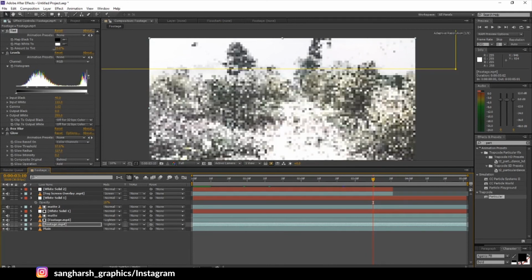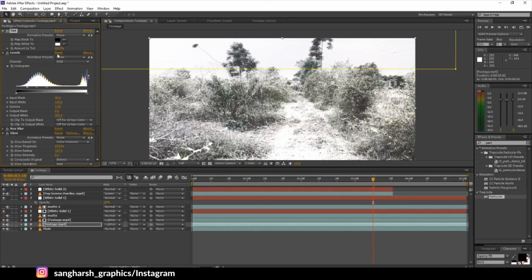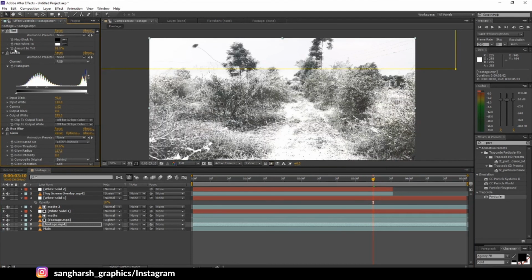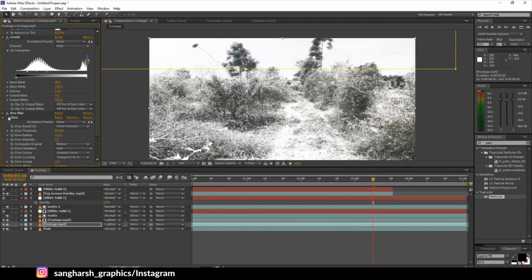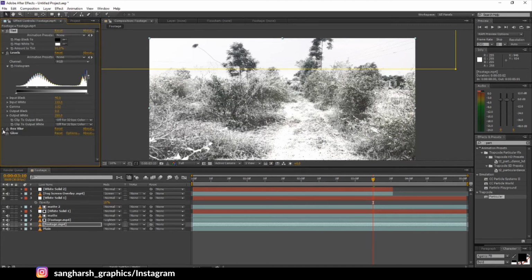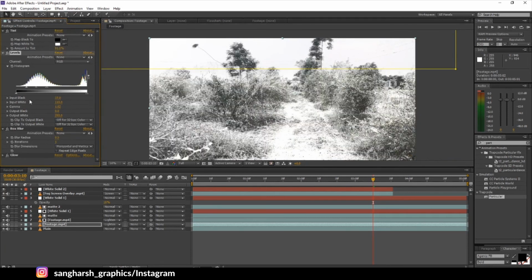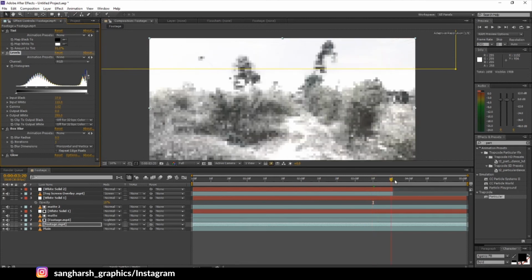Can just increase the tint to 90. Also we can decrease its black point. Yeah, so that's it for today,